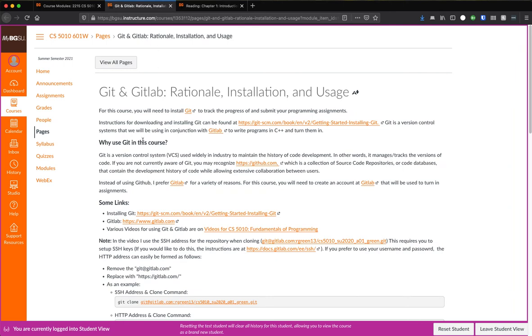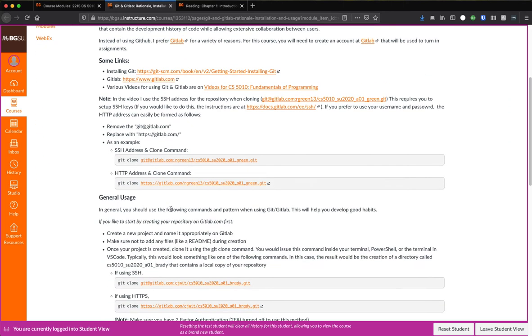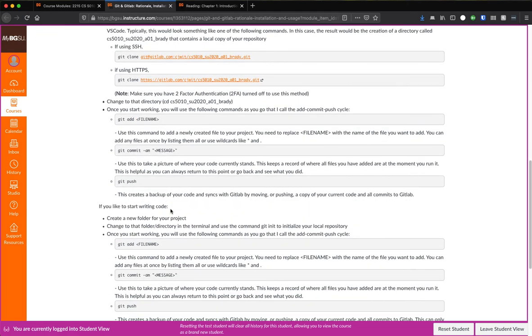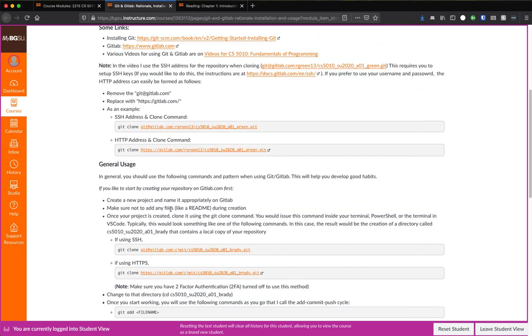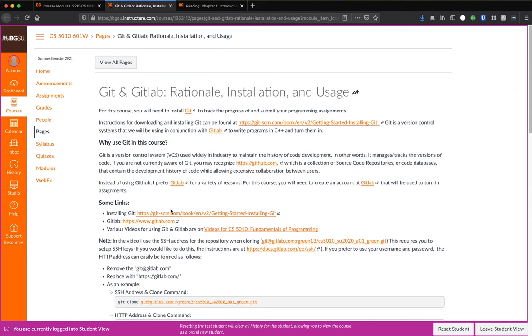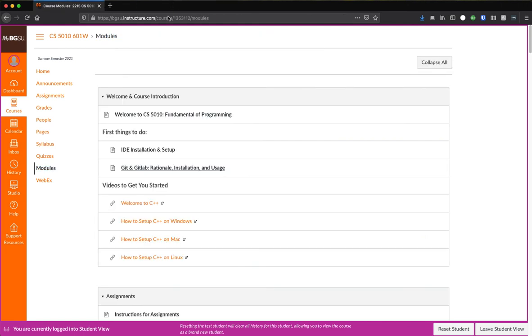You will also be doing basic version control with Git and GitLab in order to upload your assignments so that I can check them. These are step-by-step instructions on how to walk you through those. Please post any questions, comments, or anything that's happening to you in Discord or email, and we will make sure that that works out perfectly for you.